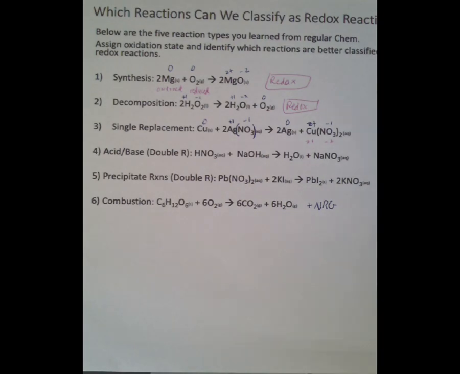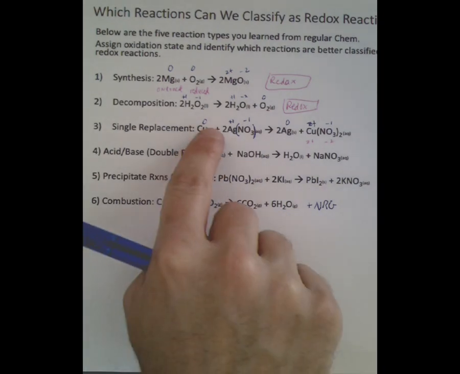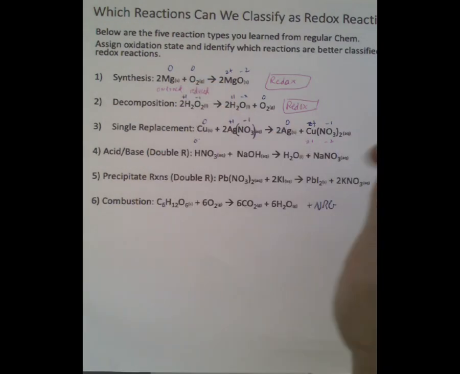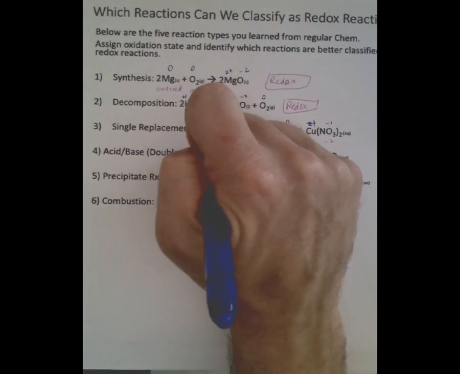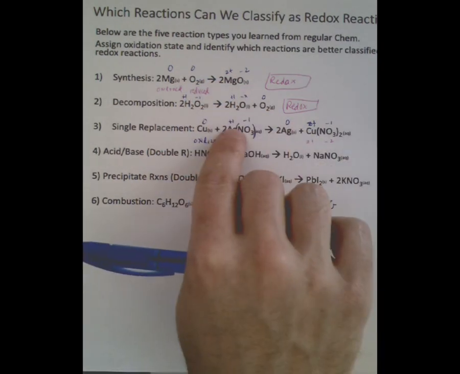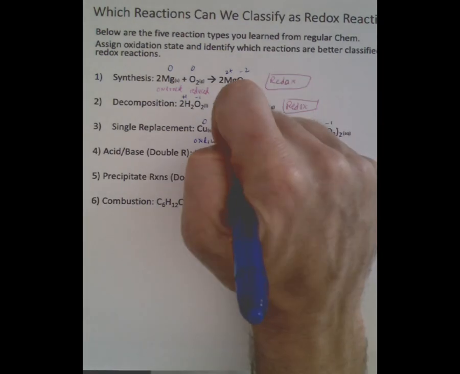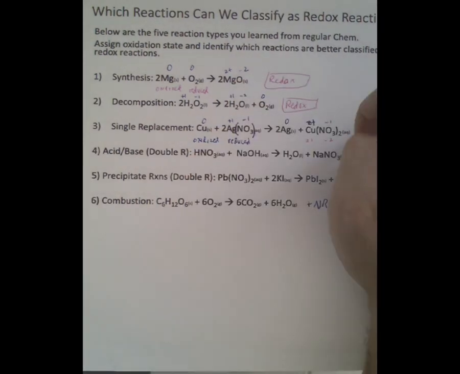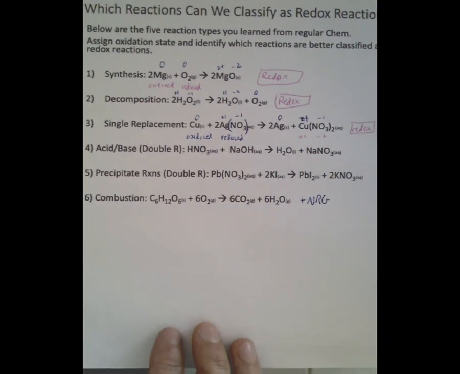Okay, so what's happened here? Copper has gone from 0 to 2 plus, so that means it's becoming more positive. It's been oxidized. And silver has gone from +1 to 0. It's become more negative, so it has been reduced. All right, so far we've seen that 3 of the reaction types we looked at last year fall into the